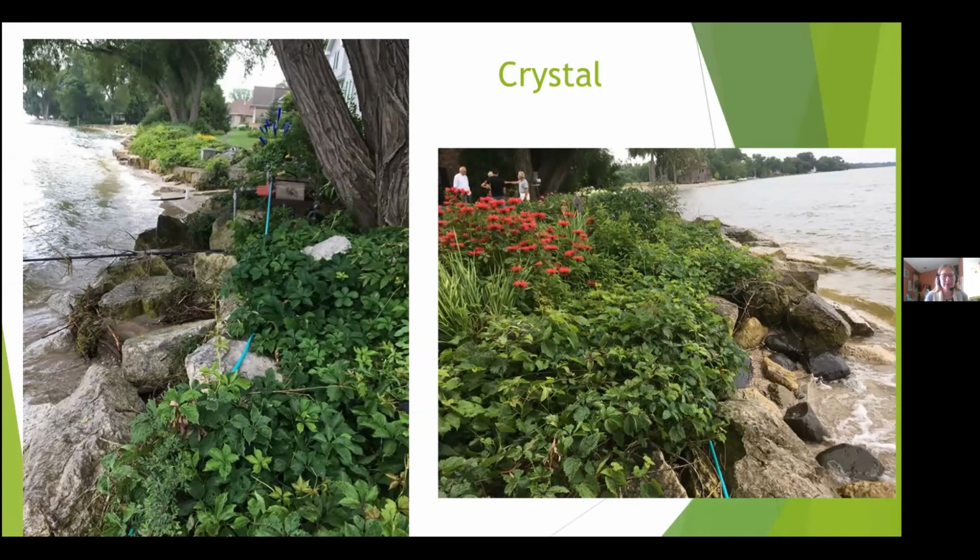I am Crystal vonHoldt. I am a water management specialist with the Department of Natural Resources based out of the Green Bay office. So my experiences are primarily in and around the Bay, as well as some inland lakes and rivers and streams. I've been in this role for 13 years now, and I've seen a lot. It always amazes me, both good and heartburn. Trying to help people with protecting their investments and finding long-term successful solutions for the challenges that water can create